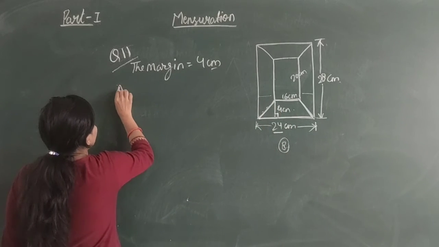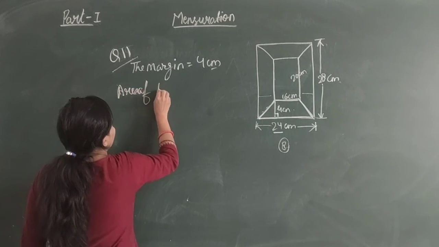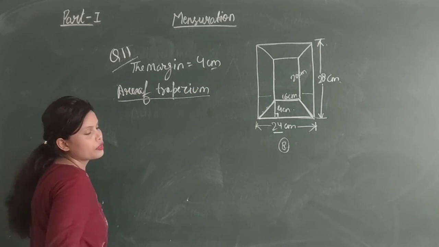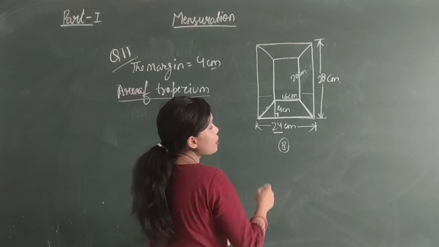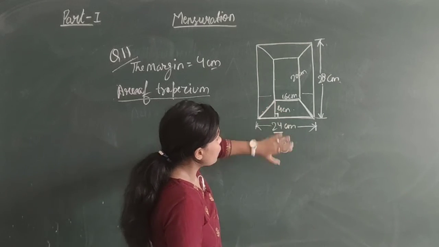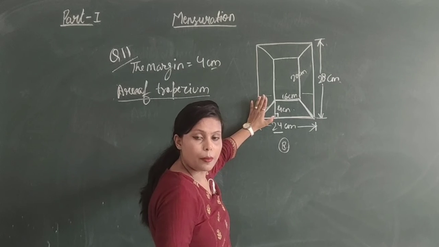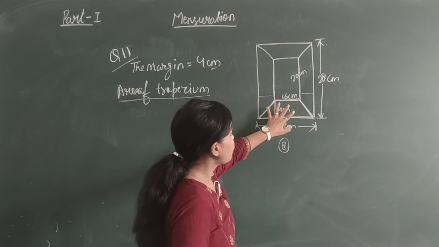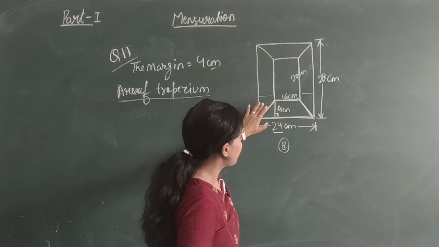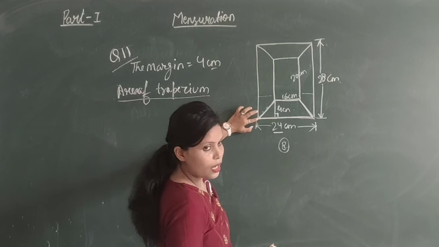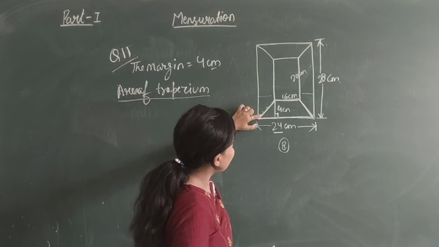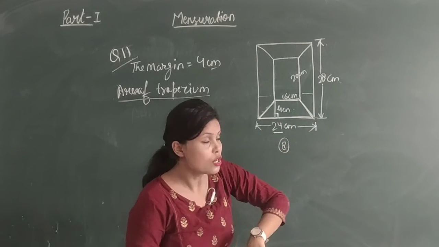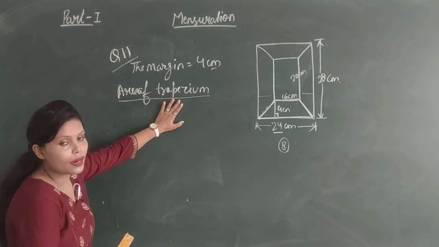Okay, so area of trapezium. What will be the area of the trapezium? Why are we doing it like this? Because the question has asked about each section. It has not asked about this area. If the area of this part were asked, then we would just calculate the area of the outer part and the inner part and subtract them. But we need to find out the area of each section. That is why we are calculating the area of trapezium, right?